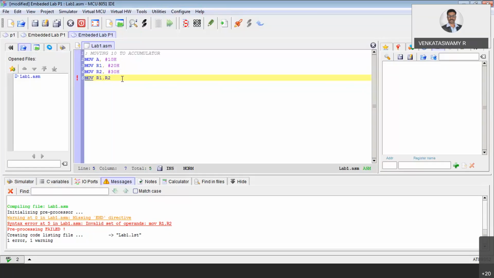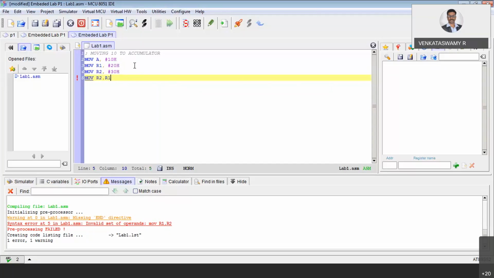Move first. What do you want to move? Gnanadas, you want to move from R1 to R2. So R1 content you want to move to R2, right? Yes, sir. So then the first one is always destination, na? In the move instruction, the first one is always the destination. Okay. But again, this is also not working. Now what do you do?